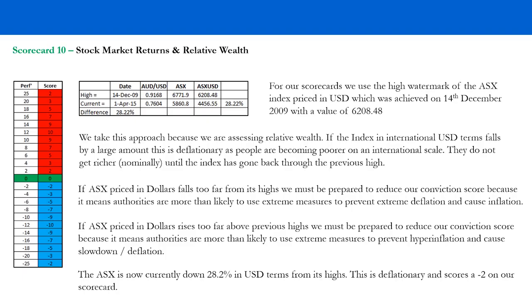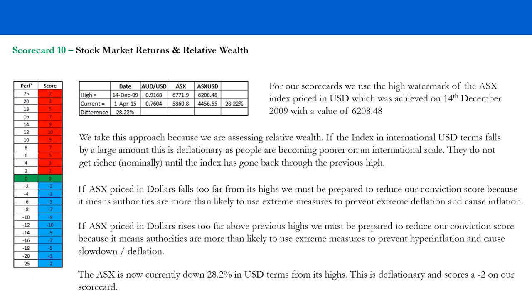It's fairly straightforward and logical. For the scorecards, what we're doing is using a high watermark of the ASX index priced in US dollars. What do we mean by high watermark? Well, we're looking at the high taken on the particular day where it reached that high and analyzing what it's done since. So the high watermark was achieved on the 14th of December 2009 with a value of